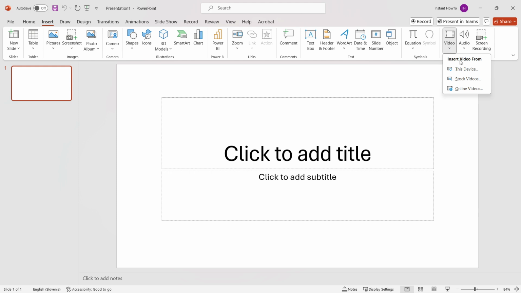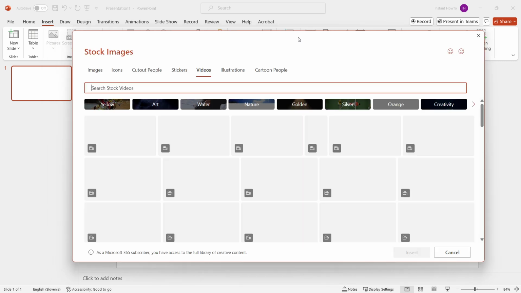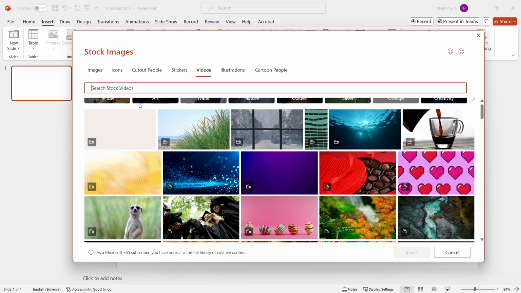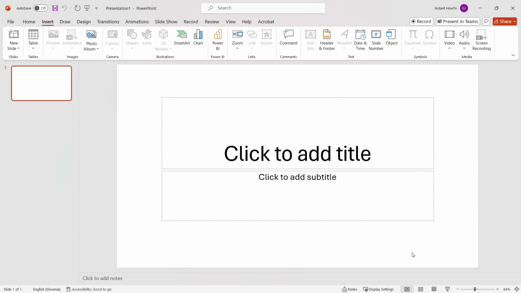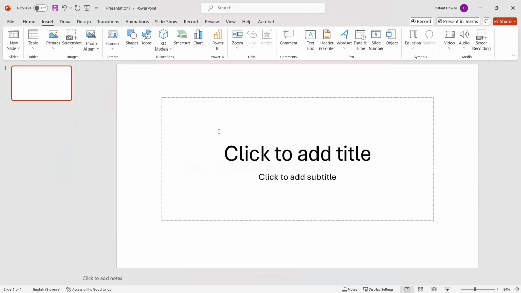The second option is to find a stock video. Now if you click on this, as you can see, stock videos start loading. Now you can search them over here, or you can also search them by different categories and stuff like that. And let's say I want to add in this box of chocolates. You want to click on it, press Insert, and in a few seconds, once the video gets automatically downloaded, it's